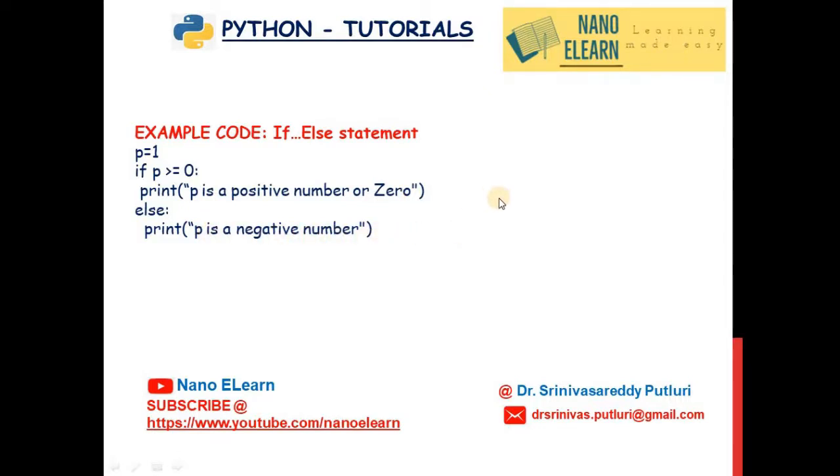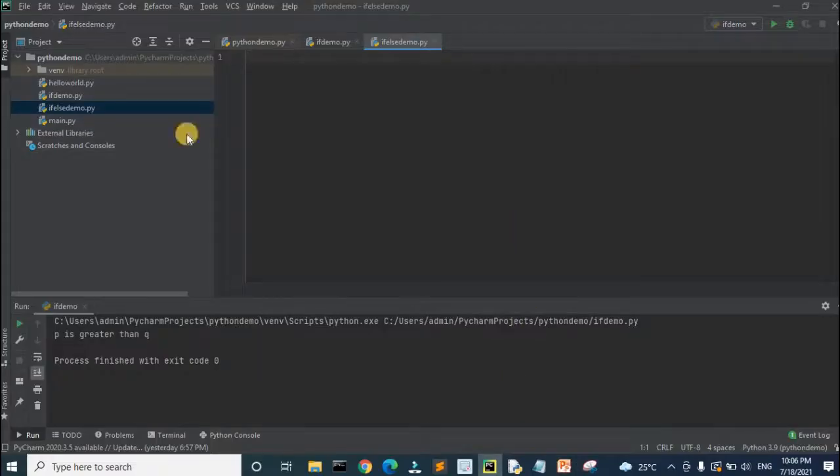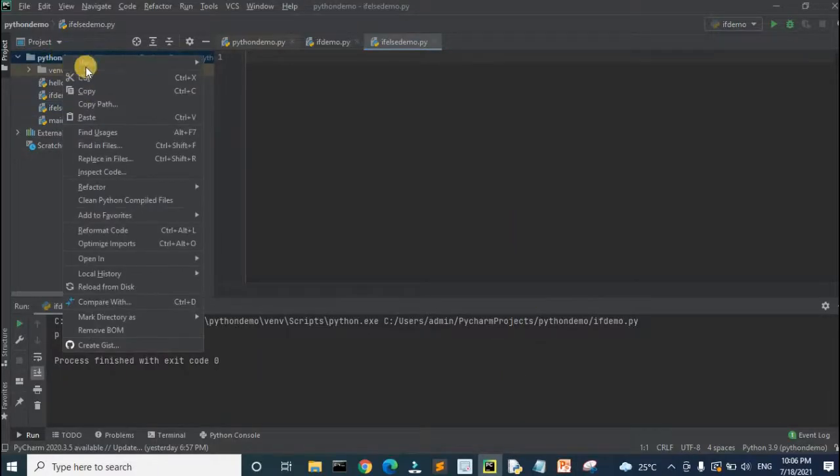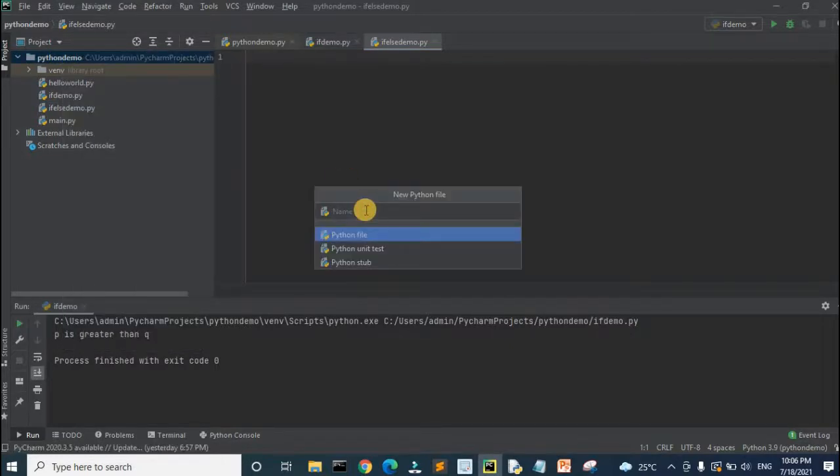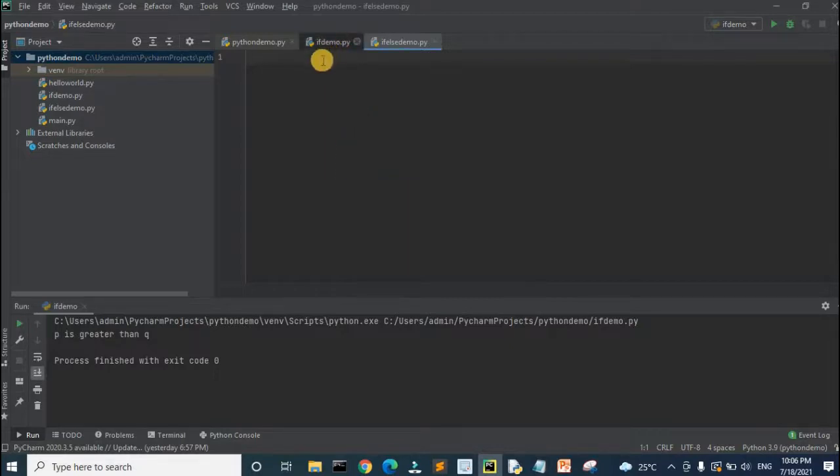Let us try to understand this using a practical demo. You need to open the PyCharm IDE, right click on the project, create new Python file. You need to give your Python file name and you need to click on enter. Then the file gets opened here. To demonstrate the use of if-else statement in Python programming, I have created a file with the name if-else demo.